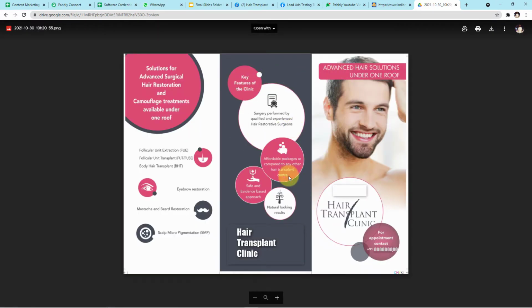Yes guys, you can clearly see this is the particular image. Here you can see Hair Transplant Clinic, the name of the clinic is given, and I intend to send the same image to my customers. Now you must be thinking, how is this possible? Just by filling up the form, automatically a customer has received the WhatsApp message with the link of the brochure or the image. So guys, let me show you the process on my screen now.